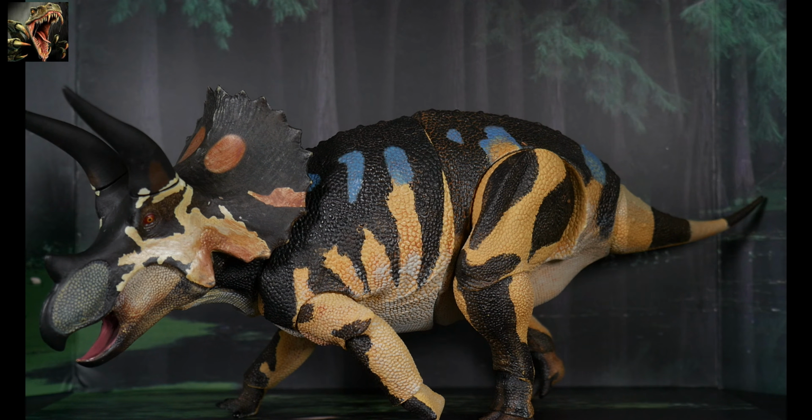The colors are just fantastic. I think once again the skull, the frill, the horns. As always with ceratopsians, that's what makes the animal for sure. I do think that, and once again, this is just my opinion, and opinions vary, and we could just be mincing words here. I understand that, but I think that this should have been classified as a juvenile and not a subadult,